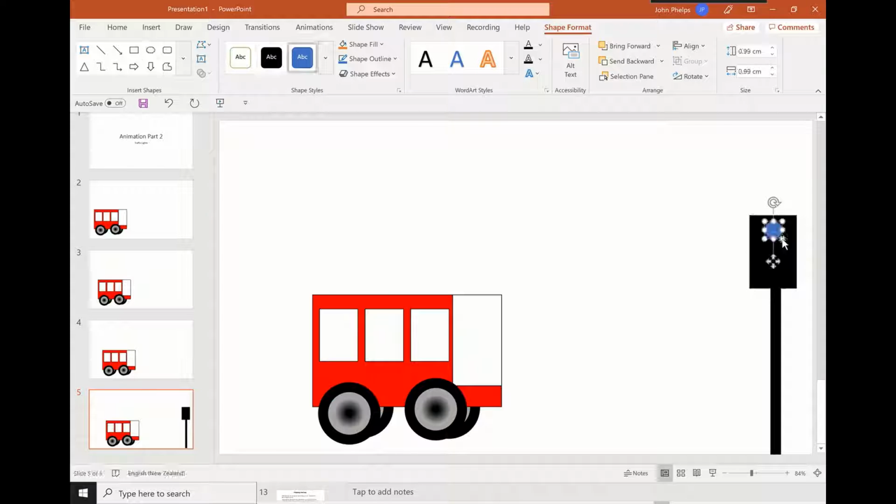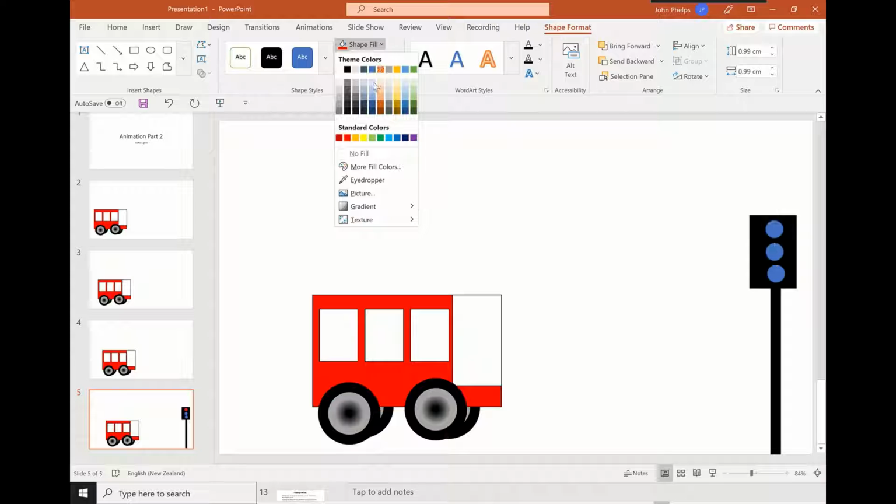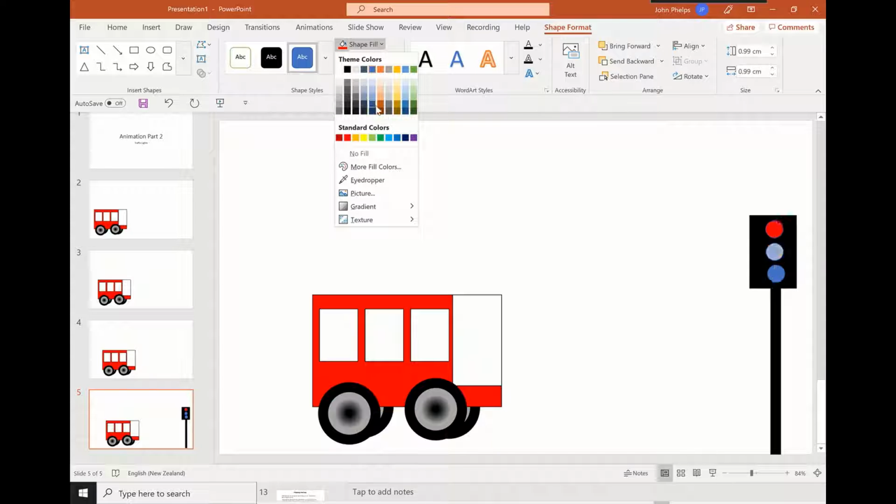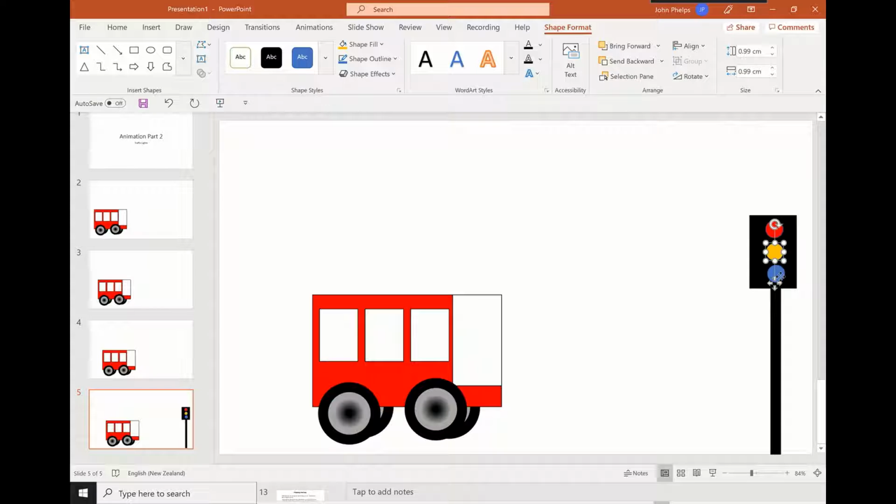I'm doing something on purpose here, and I'll do Control D, just drag that into line, and we'll do Control D again, and notice how it puts it perfectly in place. Now, if I go through here and shape fill these and put the colors in, I want some problem solving to come into this as well. So I don't tell the students what they might encounter here, so I'll put in an amber and a